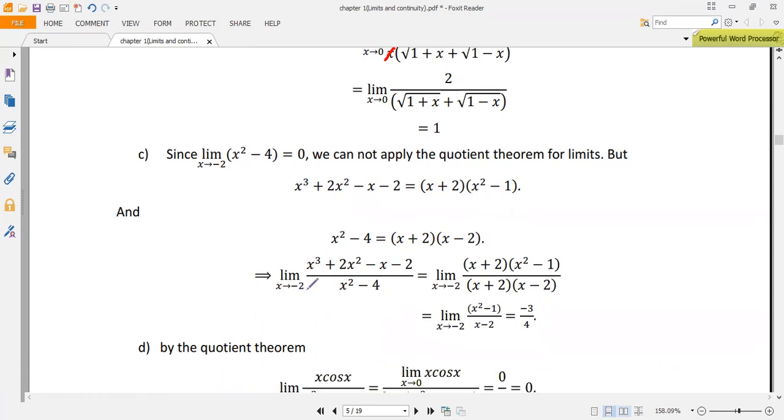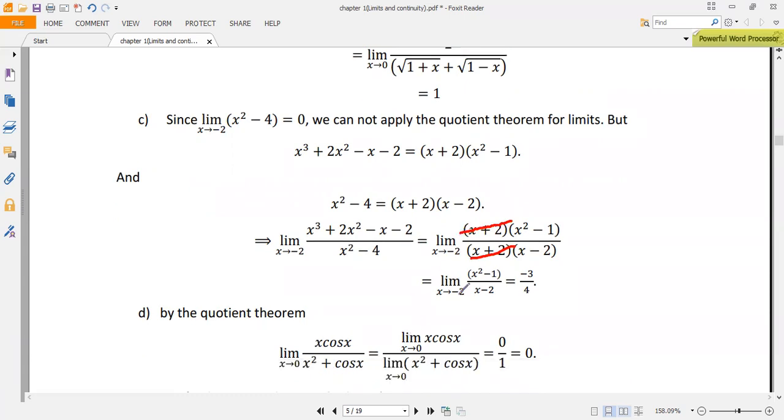Therefore, the limit as x approaches minus 2 of x cubed plus 2x squared minus x minus 2 over x squared minus 4 is equal to the limit as x approaches minus 2 of x plus 2 times x squared minus 1 over x plus 2 times x minus 2. Which terms are similar? Cancelling those terms which are similar, what's left is the limit as x approaches minus 2 of x squared minus 1 over x minus 2. Now the denominator is not 0, so we can directly substitute the value x equal to minus 2. So it becomes 4 minus